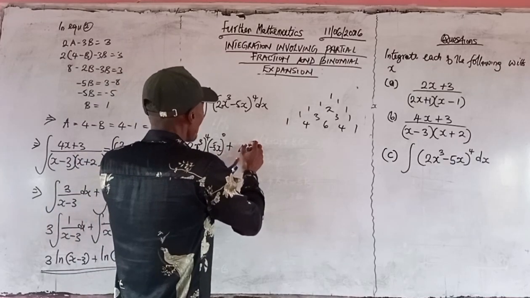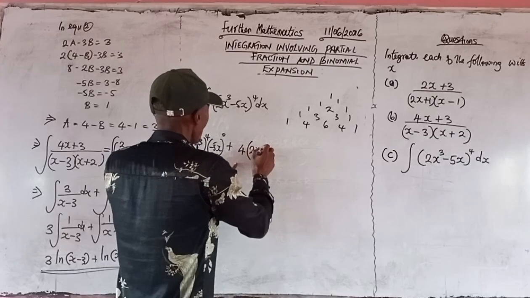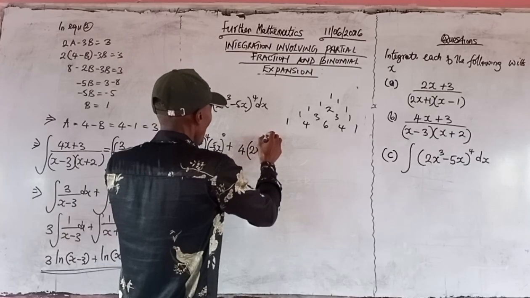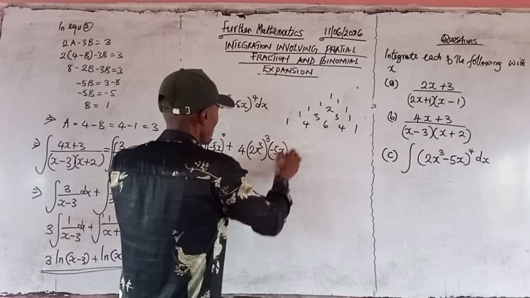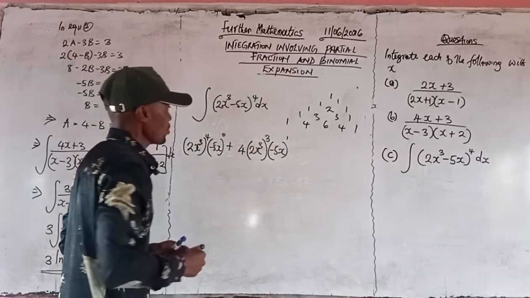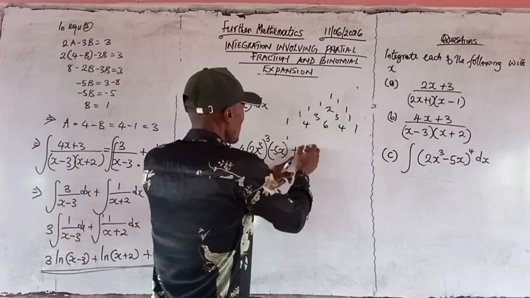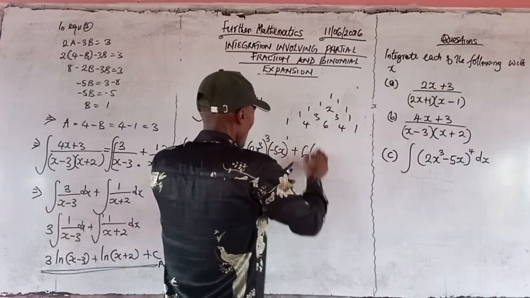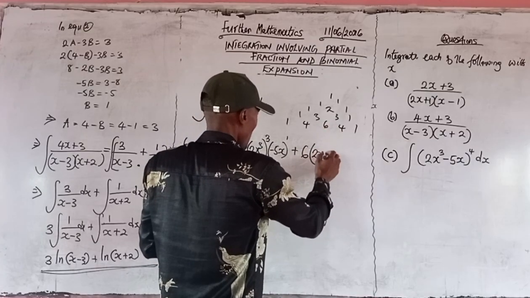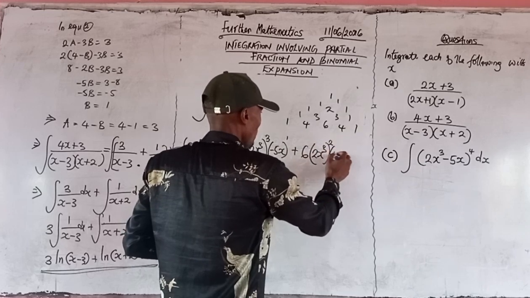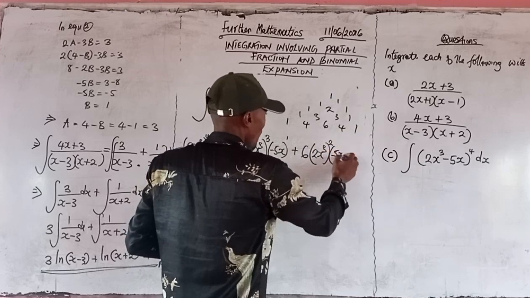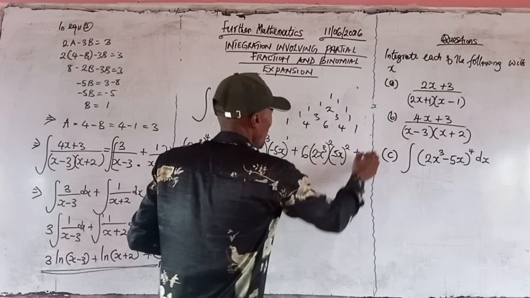We have 4 (2x^3)^3 times (-5x)^1. Then we have plus the next coefficient is 6. We have (2x^3)^2 times (-5x)^2